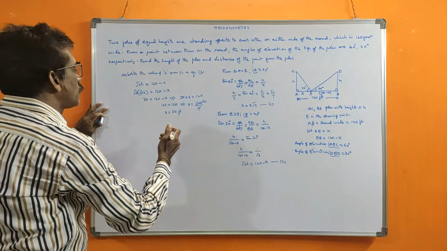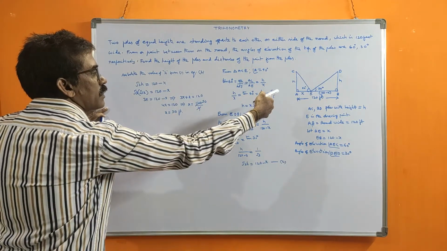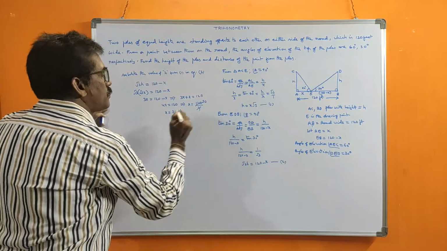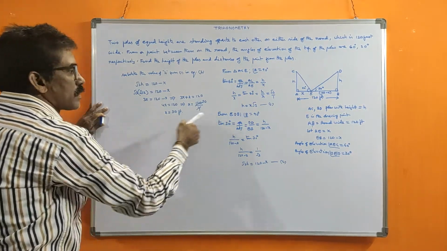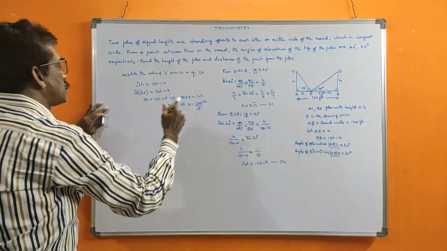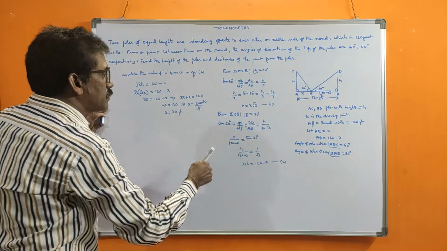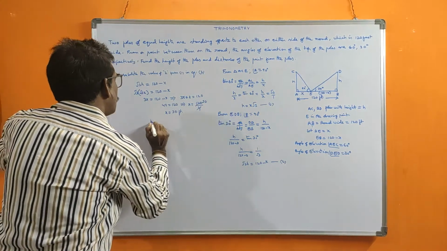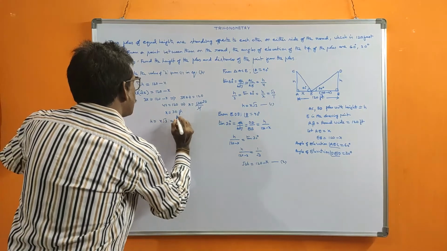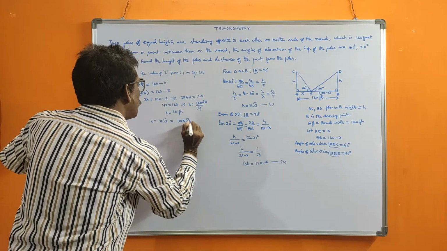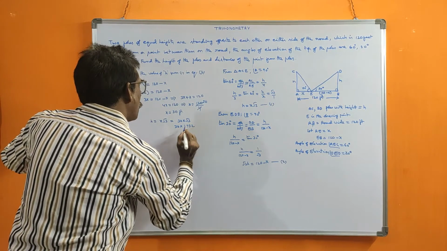Another one, H, we want to calculate. Now the other one, 120 minus X, that means EB, you write this. Last, we will write the statements. H is the height, so in this you substitute. H is equal to X root 3, that is, 30 into root 3. That is H, 30 into 1.732.